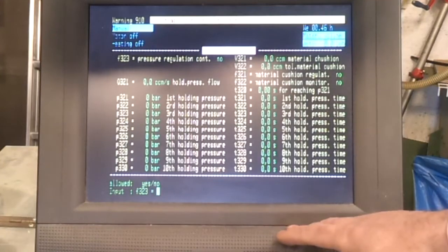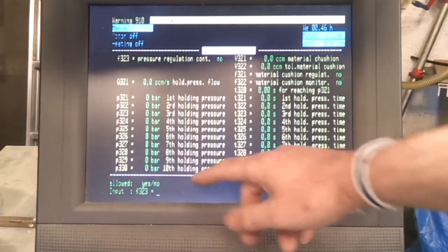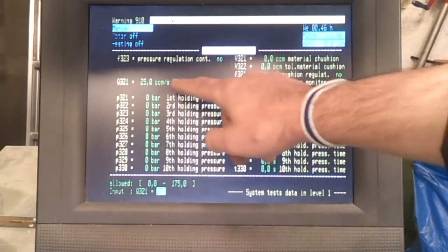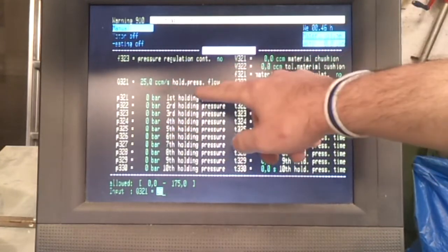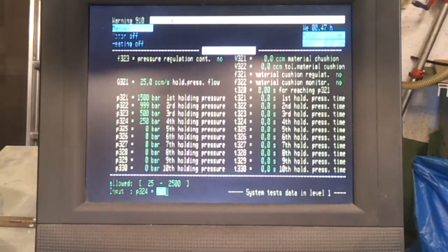And if you thought there were a lot of stages on the injection for quite a small machine, well, there's 10 stages on the holding pressure. Again, you set the flow, and this isn't too critical, but because generally you switch to holding pressure when you're down to the limits of, you've only got a little bit of plastic left to inject, so this isn't enormously critical. But the holding pressure, this time it really is done on the pressure, so you might go something like, dropping it down in stages like that. And then all of these are a little bit awkward because they have to be set to 25. It won't